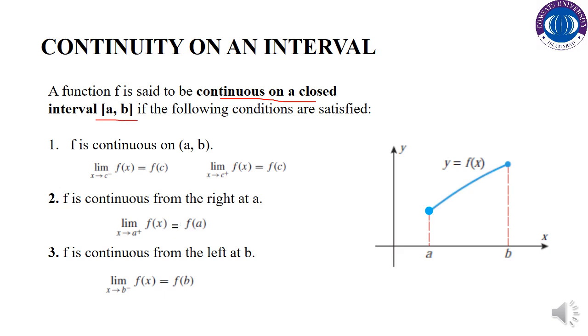First condition is f is continuous on the open interval (a, b), meaning f must be continuous on the interior points of this interval. That is, if we have this interval, then the function must be continuous at the interior points of